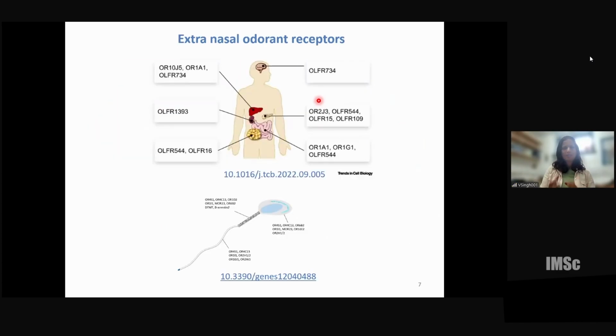So while I was talking about there being receptors in our nose, which allow us to smell lots of beautiful smells around us, and we can do it for billions of smells, there are receptors called odorant receptors, or OR, which are present not in our nose, but in lots of other interesting places. And these are very interesting. For example, we have them in our liver. These three receptors are expressed not in the nose, but in the liver. This specific one is expressed